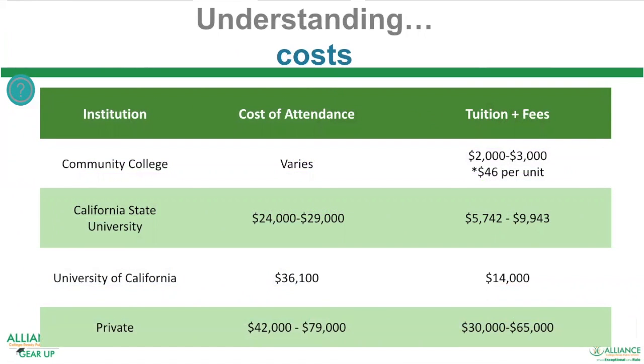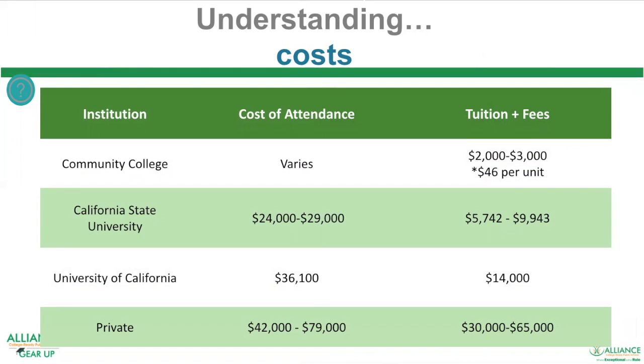So understanding the cost. So here's a little breakdown of the institution, cost of attendance, tuition plus fees. So you see how it varies here. Community college, it's $2,000 to $3,000, so approximately $46 per unit, but again, it varies depending on community college. Then you can see California State Universities. Here, the cost of attendance is $24,000 to $29,000 and tuition and fees ranges from